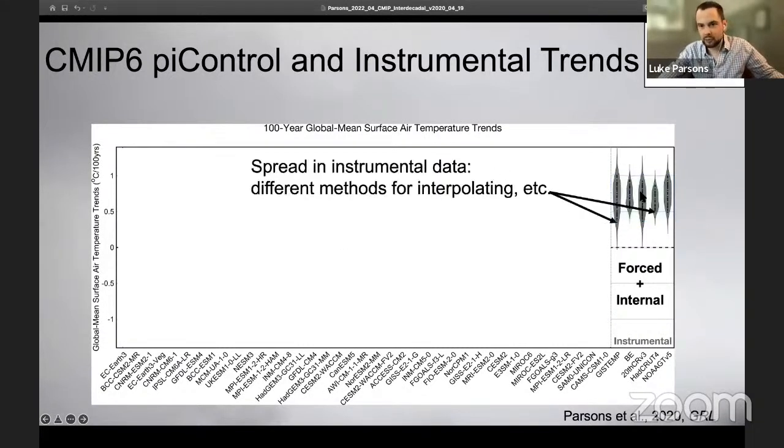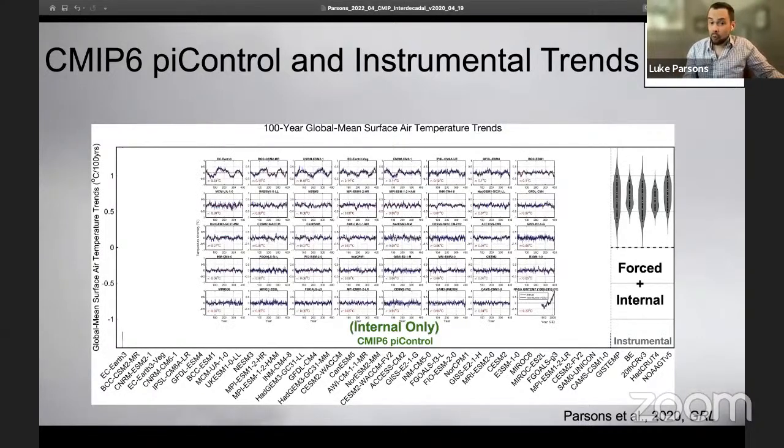And clearly we have some sort of spread in the instrumental data, right? They don't all perfectly agree with each other. I want to emphasize we're basically using the same instrumental observation systems here, but there's just different methods for spatial interpolation and things like that. Now, what about these control runs from the climate models? That's what I'll be showing you all the violin plots marching across here in this other section.